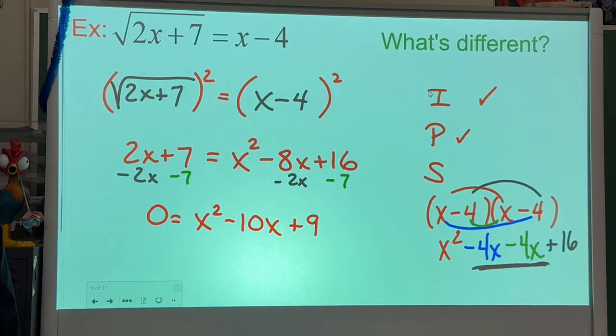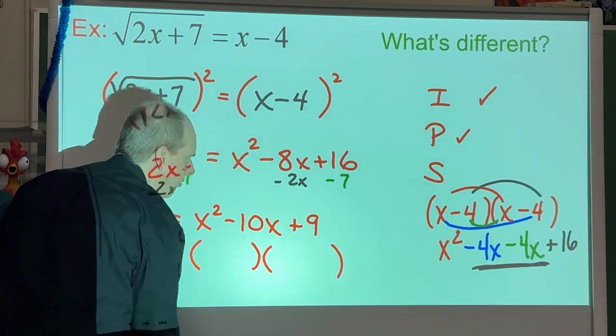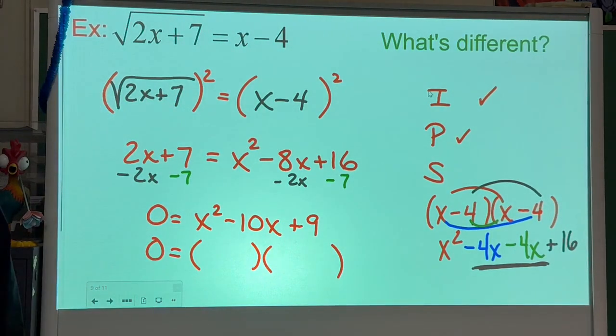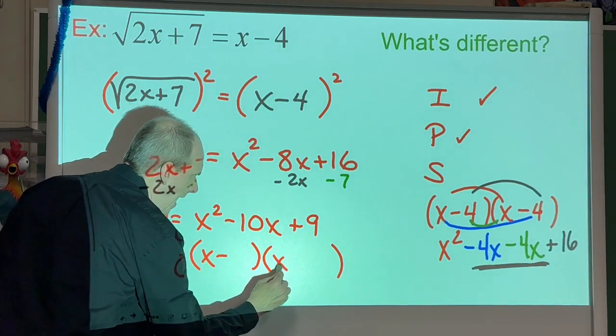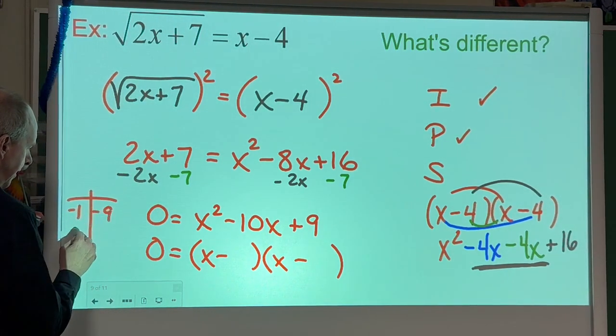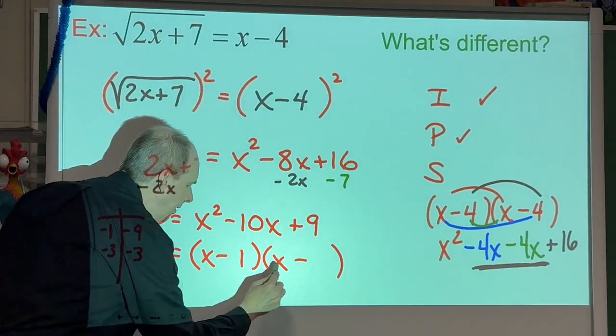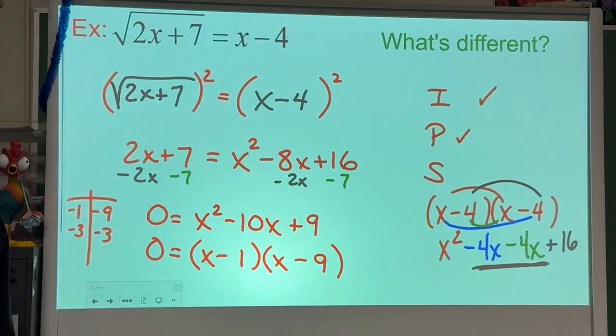Good news, everyone. Ha, you missed me saying that, didn't you? We can factor this trinomial. Things that multiply to 9, but add up to negative 10. Multiplies to 9, adds to negative 10. Your choices: negative 1, negative 9, negative 3, negative 3. Which multiplies to positive 9, but adds up to negative 10? Negative 1, negative 9. Good news, everyone. We can now take each factor, set it equal to 0, and solve to find our two